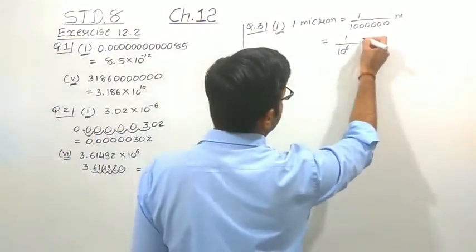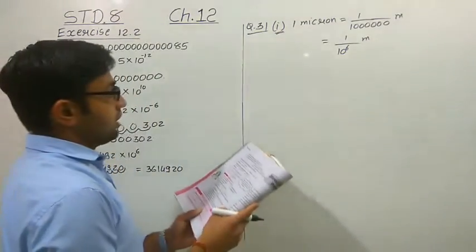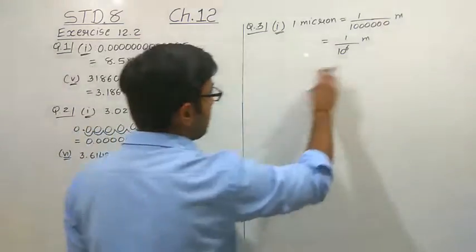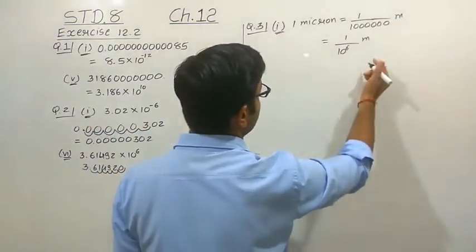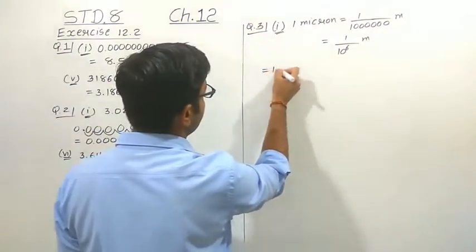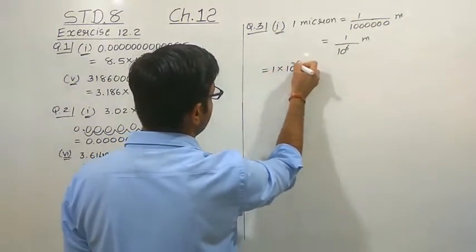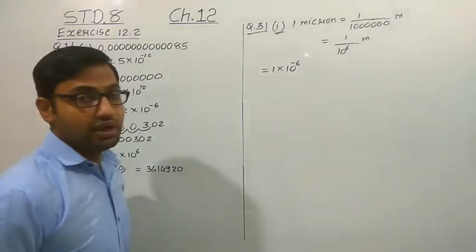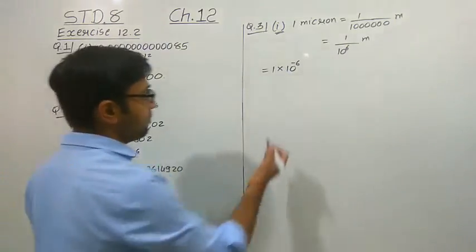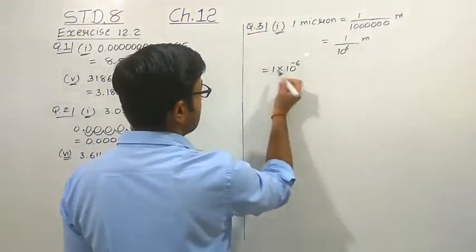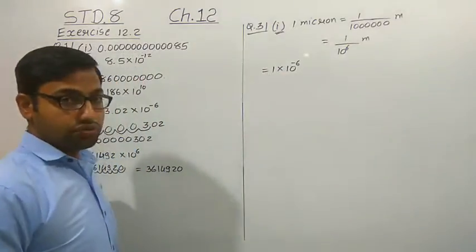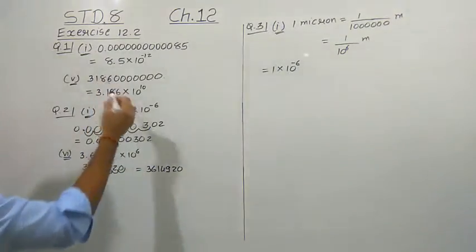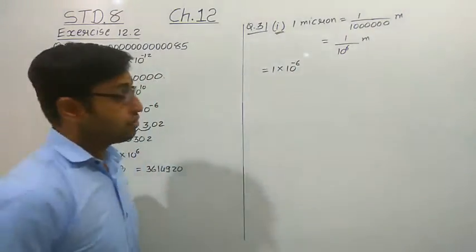Now, in meter, we have to convert it into the standard form. So take this 10 raised to power 6 into the numerator. We will write it like this: 1 into 10 raised to minus 6, because the power was positive in the denominator; if we take it into the numerator, it will become negative. So now where is the decimal point? After 1. So it is already in the usual form, because whatever the number is, you have to put the decimal point after 1 digit, and here it is already after 1 digit.